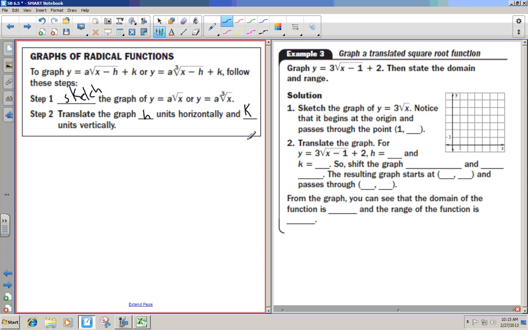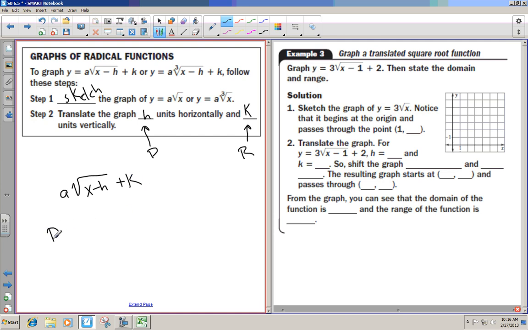This number right here refers to the range. This number right here refers to the domain, helps you with the domain. So let's just talk about this. I'm going to give you some things that your notes don't have. You may want to put this on the side under the Your Notes category on the left. When you have a square root x minus h plus k,